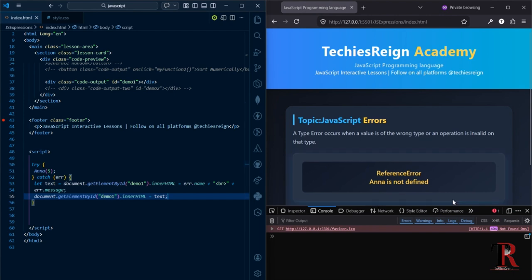Now look at this. Reference error. Anna is not defined. That is the error that I am getting, which means that what I'm trying to reference here is not defined, and it's giving me a reference error, as you can see right here on my screen. So moving away from this, you can also not convert a number to package, just as I demonstrated to us